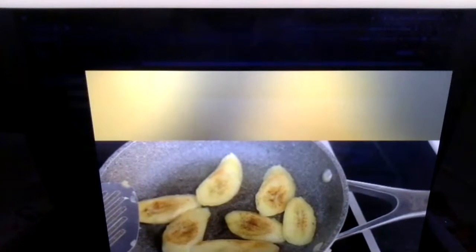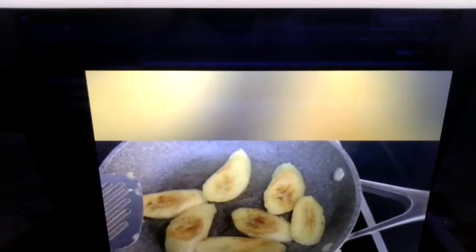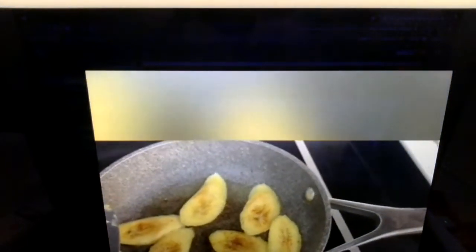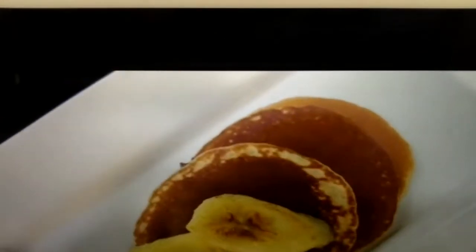look at that. A little bit more. Here we go, guys. We've done our banana. Just put it on top of the pancake. Okay, look at this, guys. You know, I love this all together. Oh my god, super delicious. Okay, look at that. Then